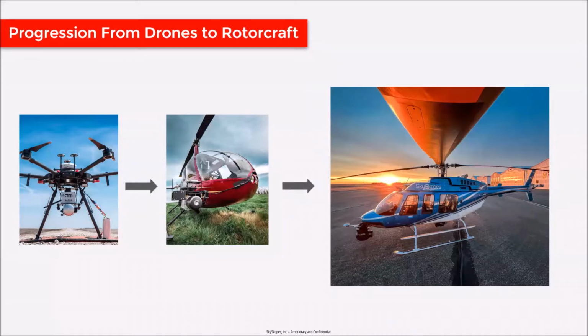But even at the very infancy of the LiDAR space for the drones, a lot of engineering firms didn't quite grab onto it right away, just because it was such a new technology. And it's cool to see now that a lot of these engineering firms see the value, and it's proved out that, yeah, we can go buy one of these systems and drones and collect some of these smaller projects. So it's kind of cool to see that natural progression of the industry. And that's really what has allowed us as a company to progress from doing the smaller 10, 20, 30 acre projects with a drone